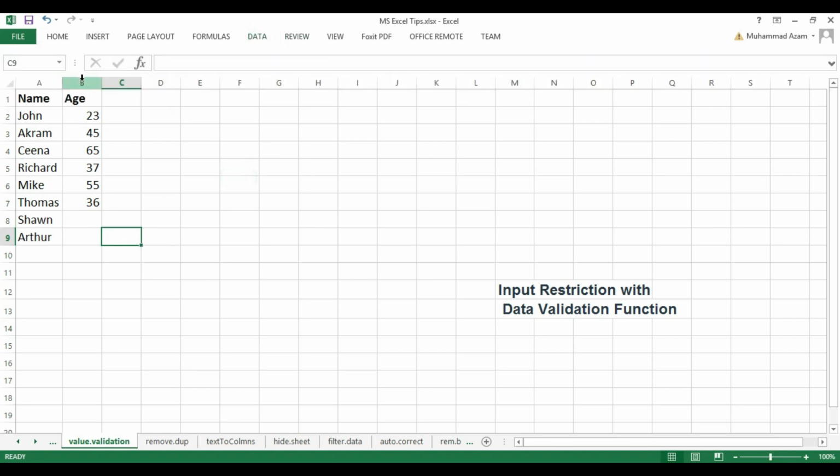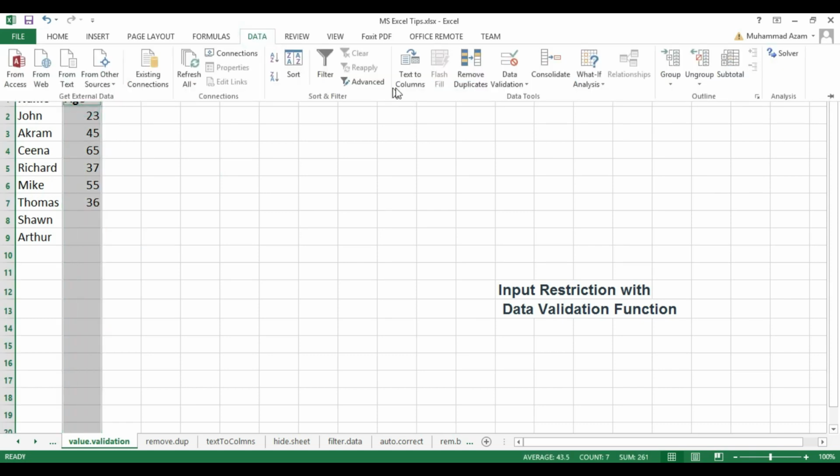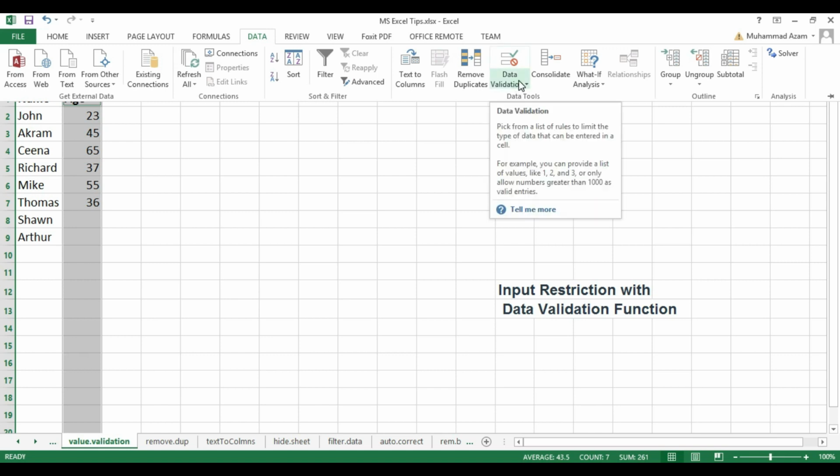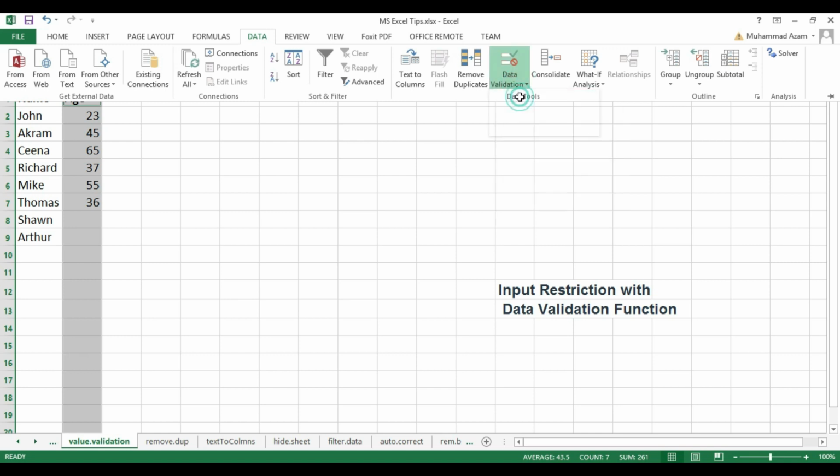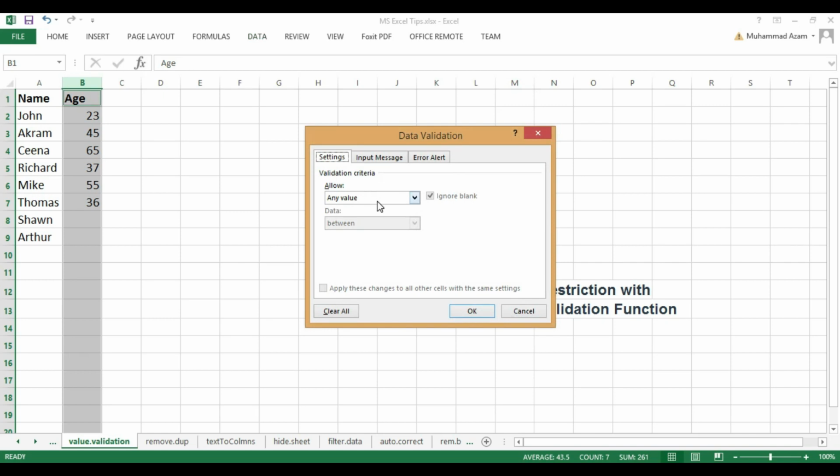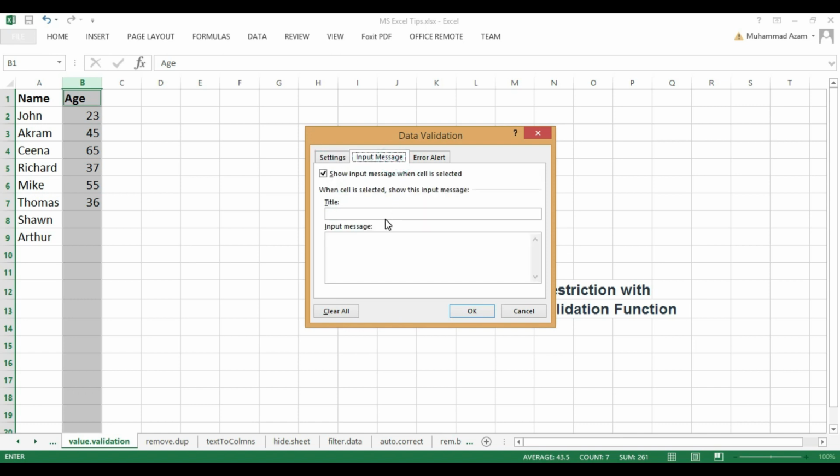First of all, you need to select that specific column, ignore the header, and then you need to select data. You need to select this data validation option and click on data validation. Here you need to specify that this column is basically whole numbers between, so we specify 1 and 100. And in the second place, we're going to give some sort of hint, let's suppose, to the users who are entering. For example, enter between 1